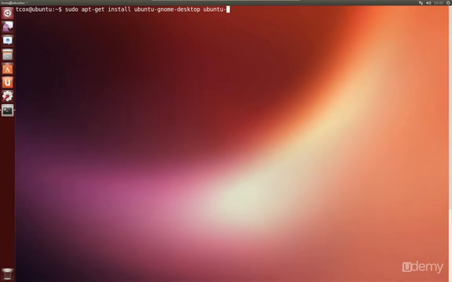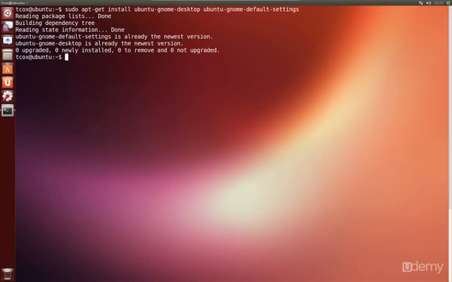So we're going to add on here sudo apt-get install ubuntu-gnome-desktop and ubuntu-gnome-default-settings, which means install the GDM. Effectively, it means install GDM. Now again, to save time, because this is actually larger even than the KDE installation, it's about a 600 meg download and about 1.4 gigabytes in size. I've already made that installation and set it up. So what we're going to do